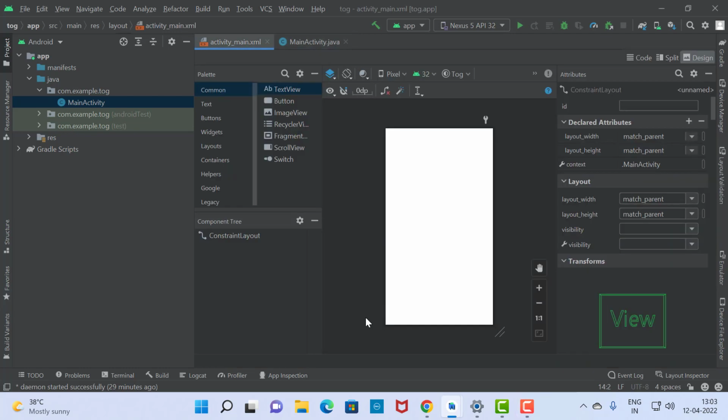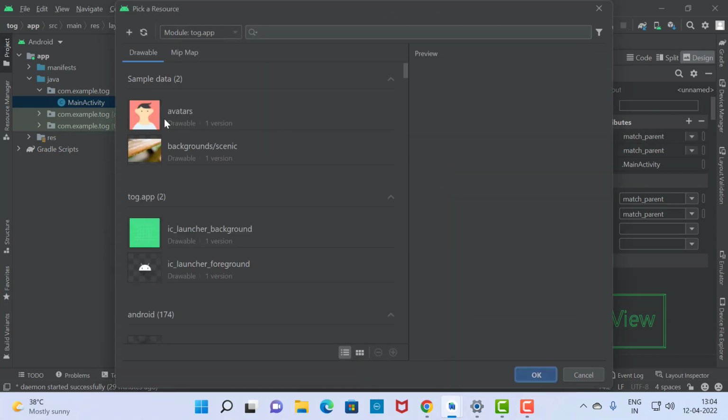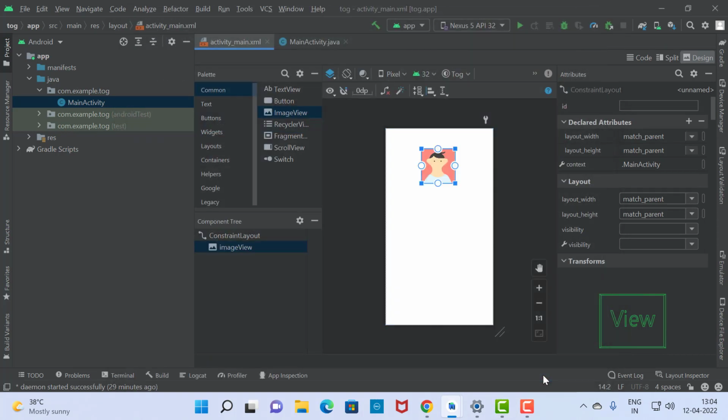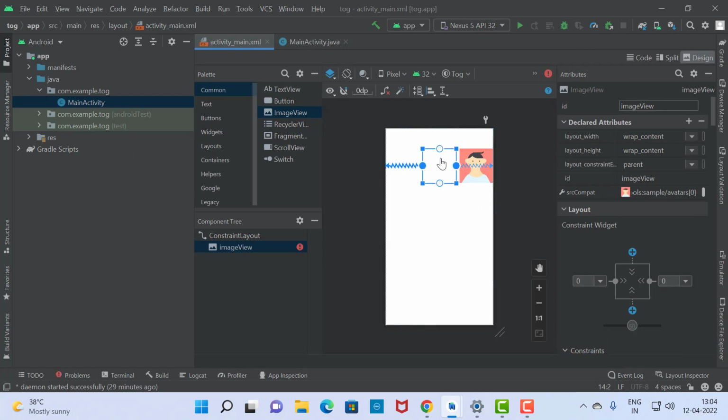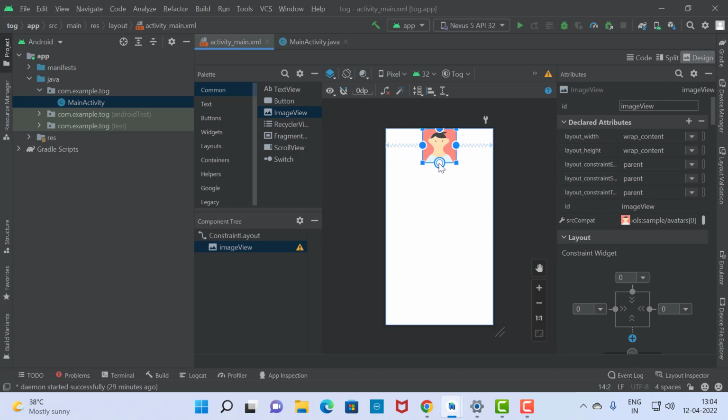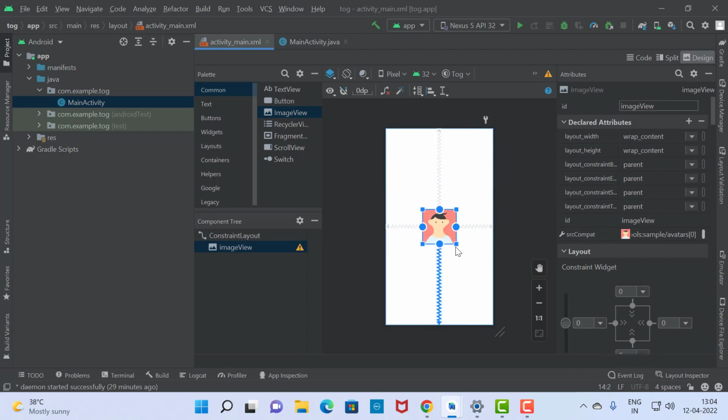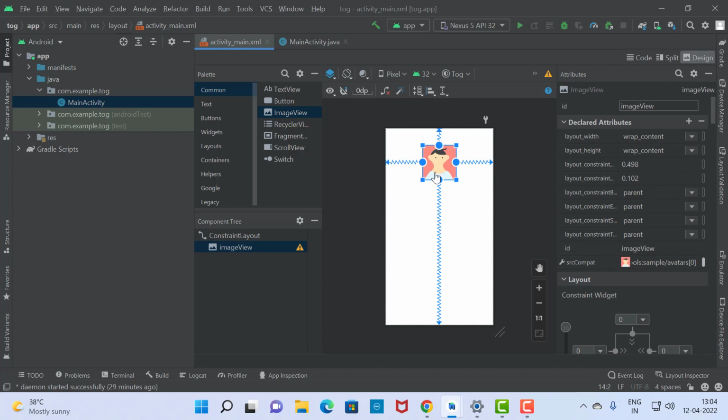To demonstrate them, in this application we just change the image in the image view by the use of the toggle button. So first of all, we require the first one, image view. Here you have to mention the image and set the constraint. And for this image view, we require two images. So you can